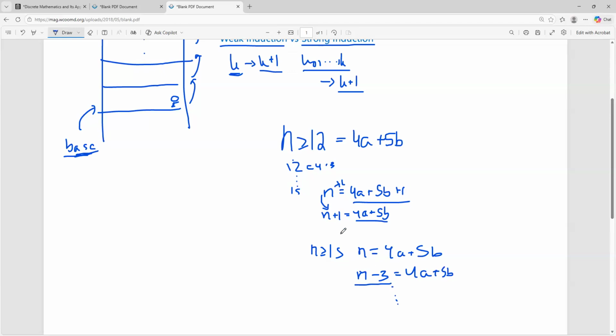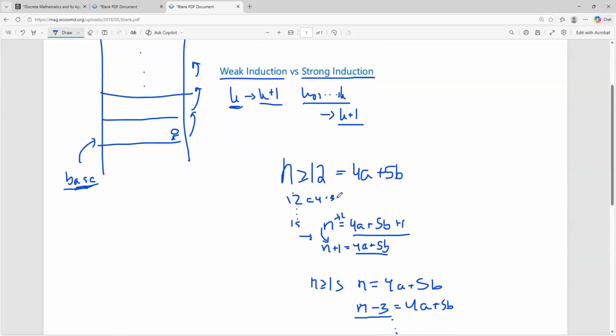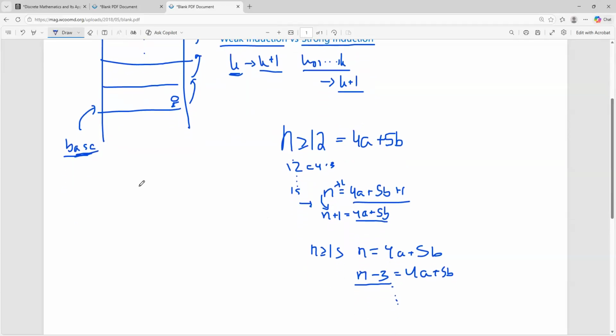This is strong induction. Weak induction is what we had here, and we can't use weak induction as simply to prove this. Strong induction is much easier. However, in a lot of cases, weak induction is enough. For example, I want to prove the sum from i equals 1 to n of i is equal to n times n plus 1